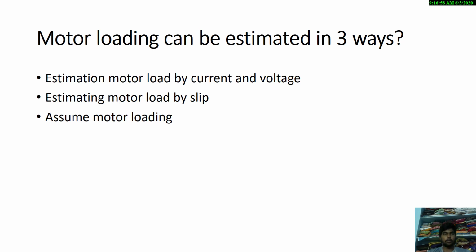Generally the loading factor is different for different types of motors; for AC it is different and for DC it is different. For an AC motor there will be some additional parameters like power factor and other constant values considered. While in the case of a DC motor, the major parameters are only current and voltage. Based on that we can find out the load factor or loading factor.